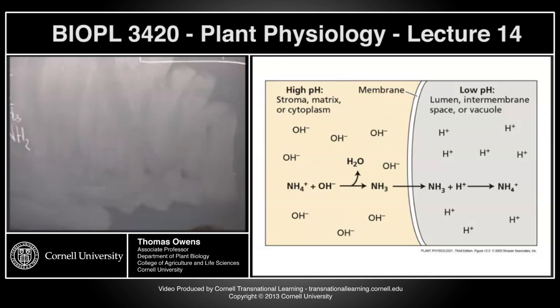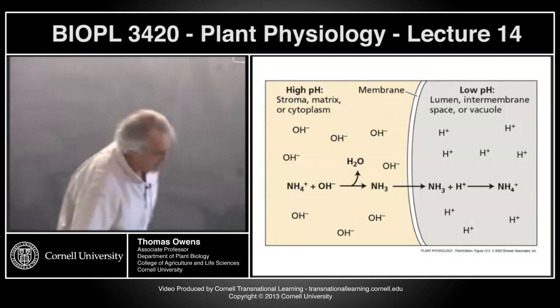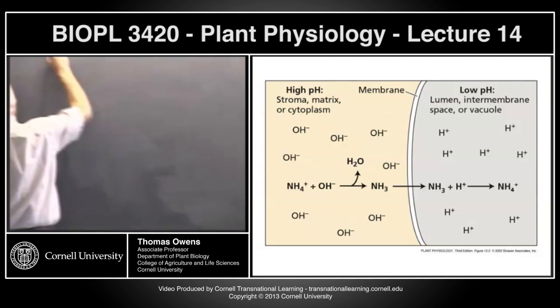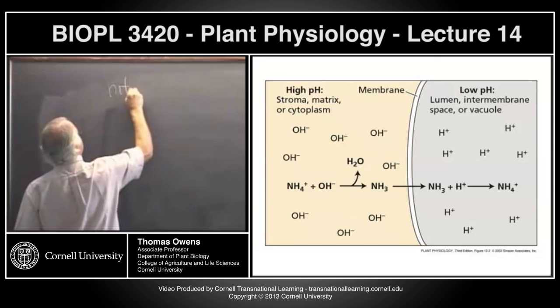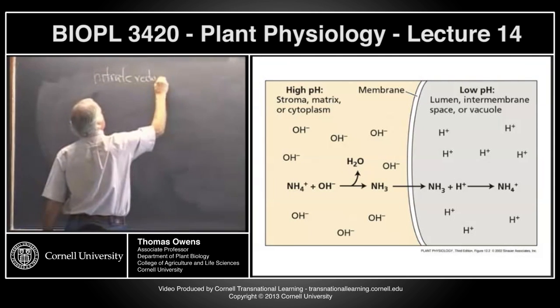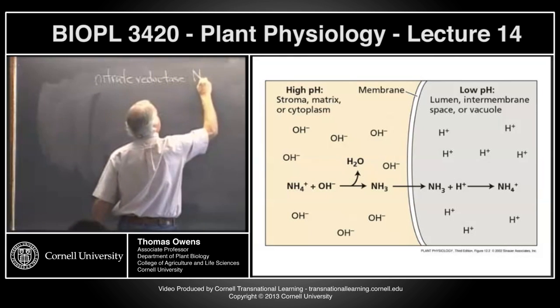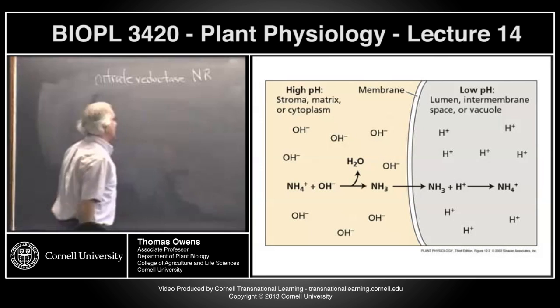And the reduction of nitrate to ammonia is a two-step process. It's catalyzed by two different enzymes. The first one is nitrate reductase, often abbreviated NR, and it catalyzes the reaction